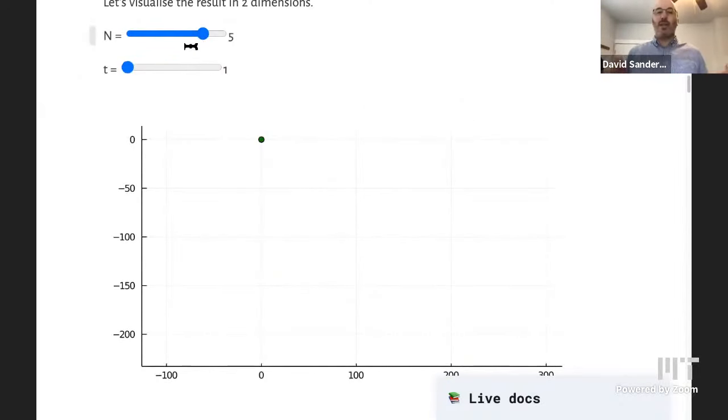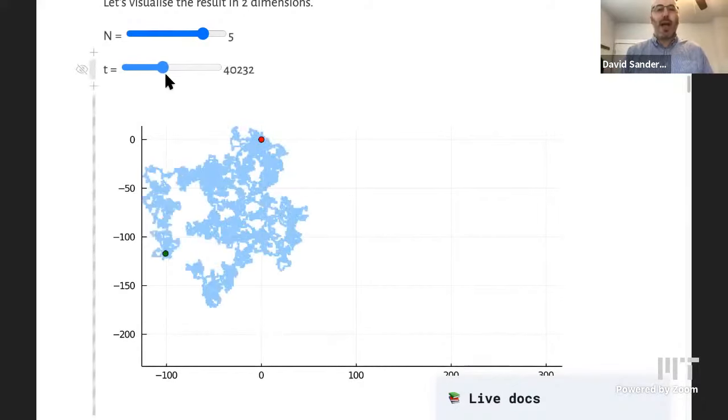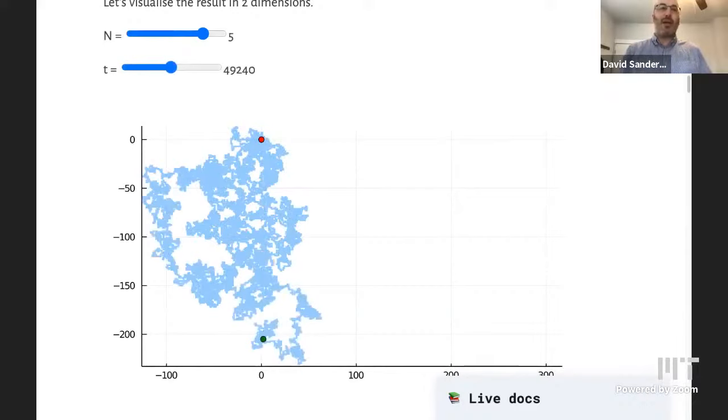And if I increase the number of steps, but I'm still plotting it within the same sized window, then you can basically no longer see that it's moving on a grid, and it's just moving around at random. Now let's look at another system that's completely different, which is a lot of